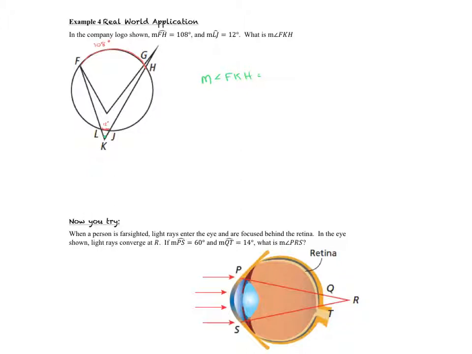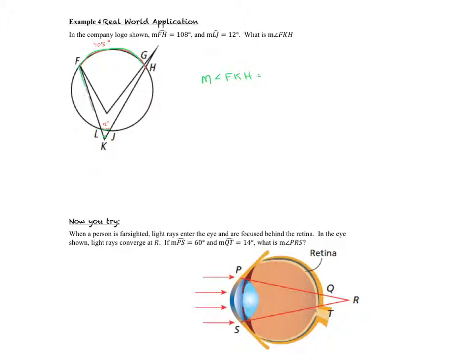So I've marked up my circle with what was listed here. So measure of arc FH was 108 degrees. Measure of arc LJ is 12 degrees. And I'm looking for the measure of angle FKH. So those are the two arcs